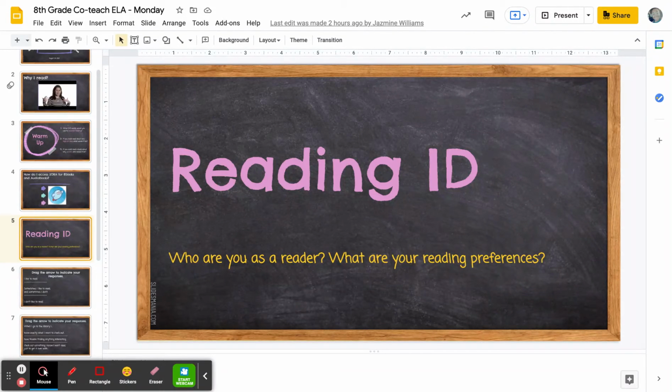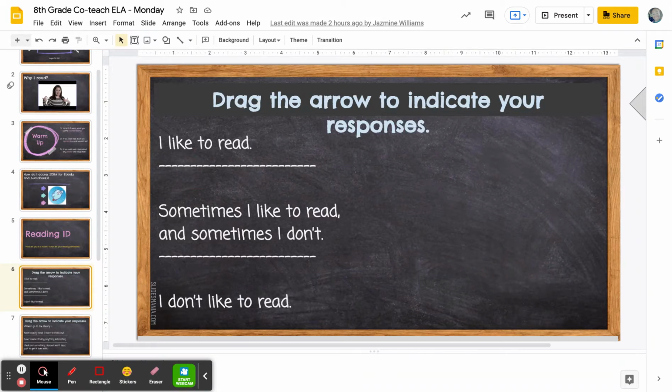Okay, so the assignment that we're working on today is called Reading ID. Who are you as a reader, and what are your reading preferences? If we're looking at the next slide, it says to drag the arrow to indicate your responses. The responses say, I like to read, sometimes I like to read and sometimes I don't, or I don't like